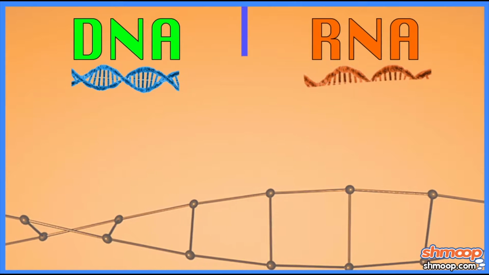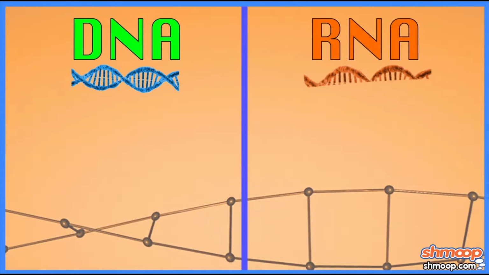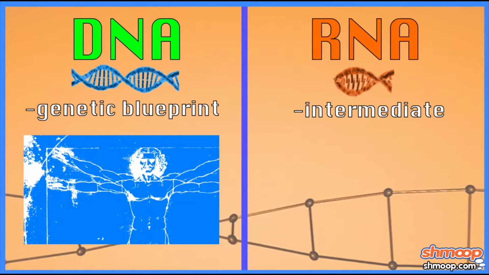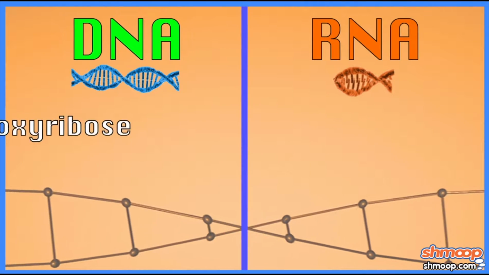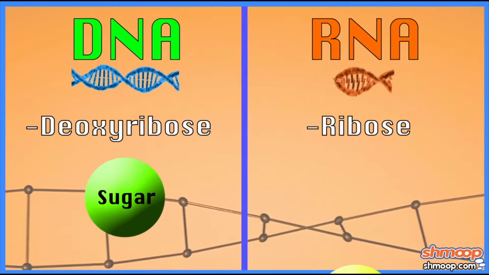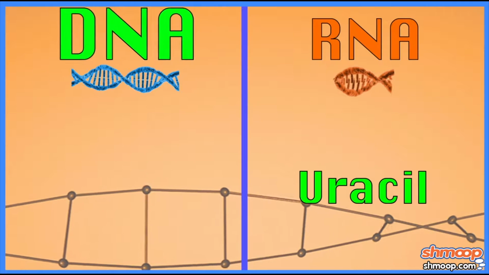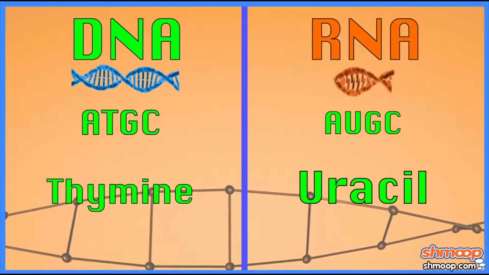Perfect. So one is, well, aside from their functional differences, that DNA is basically the genetic blueprint, whereas RNA is kind of this intermediate. One is that DNA has the deoxyribose sugar, whereas RNA has the ribose sugar. Got it. RNA uses uracil, whereas DNA uses thymine for one of the bases. Got it. Okay. All right. And then